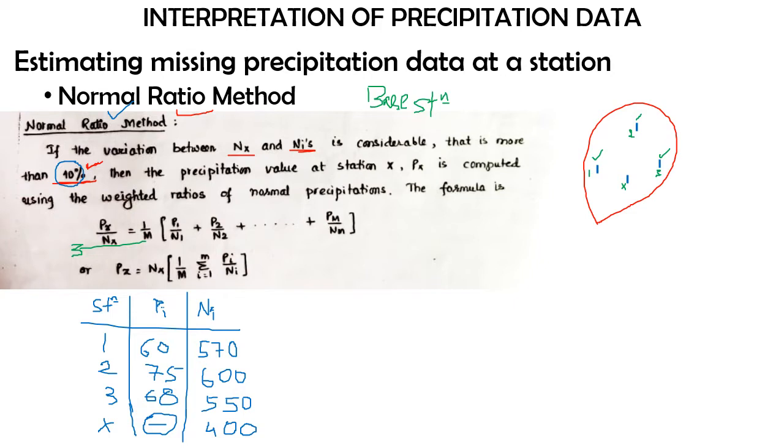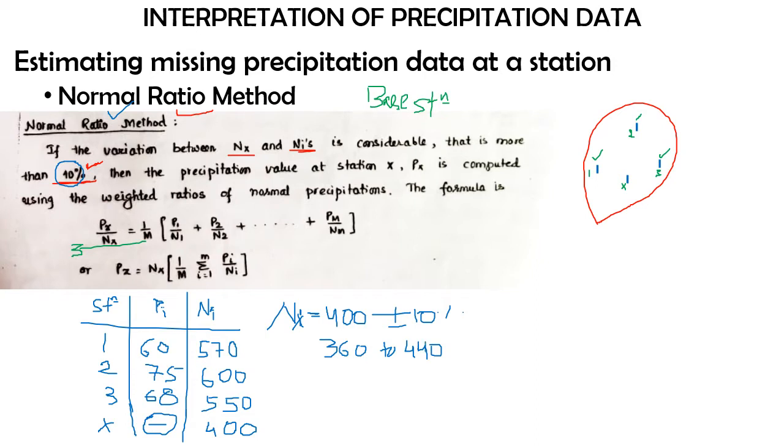So we actually had a variation for the Ni value. So Nx, for example right now, is 400, right? So 400 plus or minus 10%. This was the particular variation that we had. So 400 minus 10%, that is 40, that is 360. So we have a range of 360 to 440.